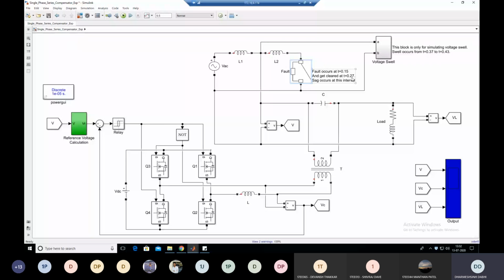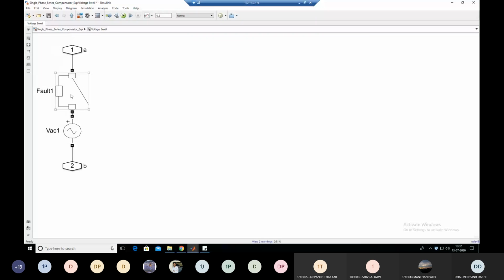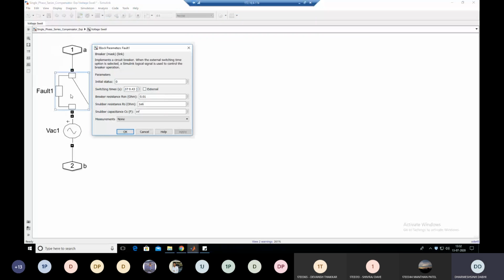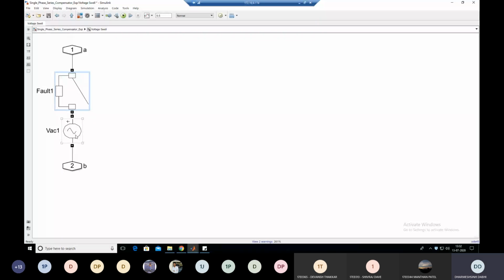Now next, how to create the voltage swell. Here we have another breaker. You can see that in this breaker, the initial status is 0. It means in normal condition, this breaker is open. Where it is closed, the switching time is given as 0.037 to 0.43 second. It means in this interval, this breaker becomes closed. Here, when this breaker is closed, you can see that in series we connect the AC